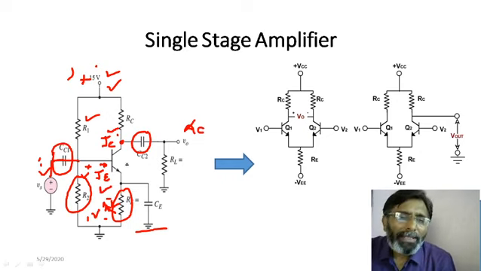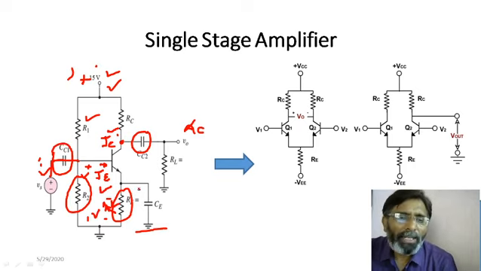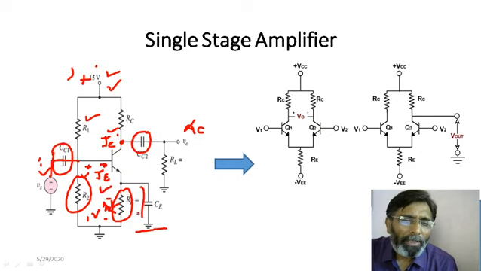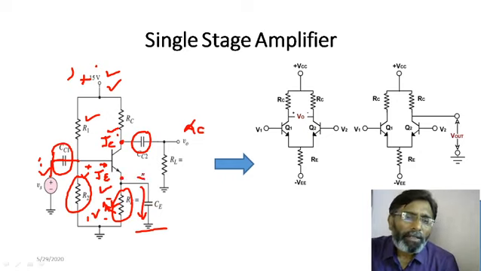Now, to minimize the effect on the gain, that is, to reduce the negative feedback, we are using one capacitor here. If you connect this CE, that is the emitter bypass capacitor, then what will happen? The current flowing through the emitter has AC as well as DC content. If this is not there, then both AC and DC currents will flow through RE. But if you connect this CE, we know that for AC a capacitor acts as a short circuit. We know that current always follows the low resistance path. So, our AC current will flow through this, as this is the low resistance path, and DC will only go through RE.